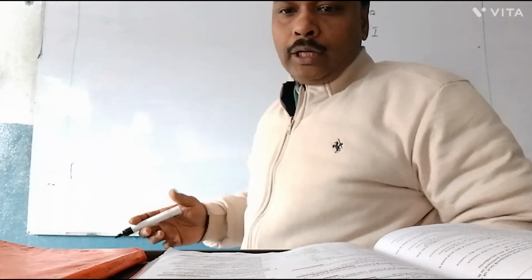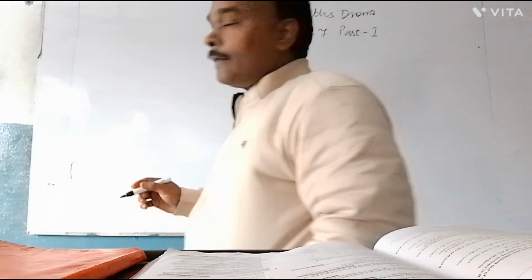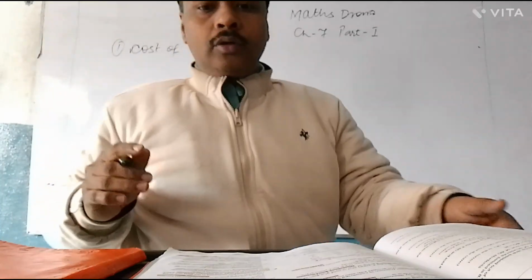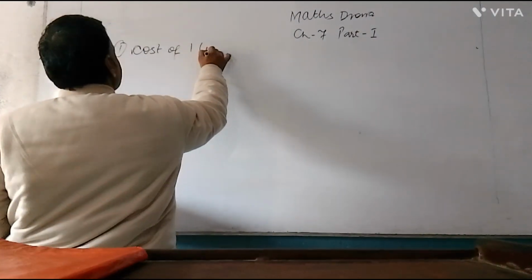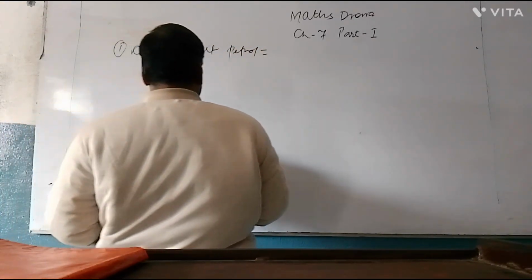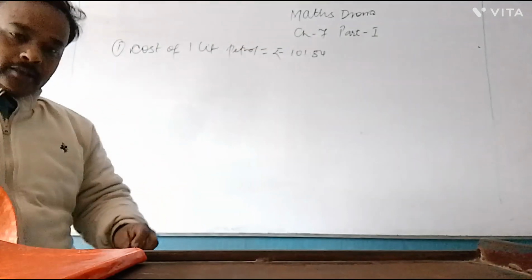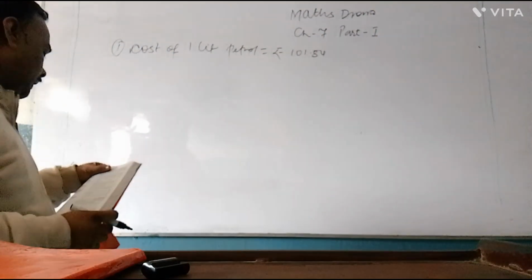The cost of per liter petrol in New Delhi on 11th August 2021 was 101.84. Cost of 1 liter petrol is equal to rupees 101.84. Clear? On the same day, the cost of 1 liter of LPG gas was 60% less than the cost